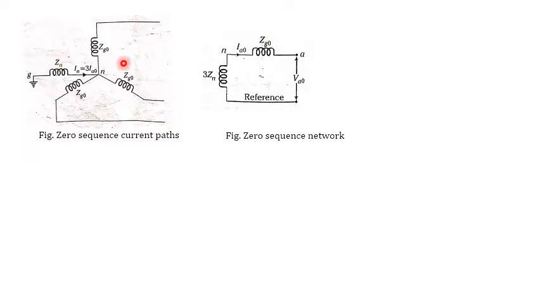To show this on a single phase network, we write Z0 is equal to 3 times Zn plus Zg0, and we understood why it is 3: because there is no phase shift, meaning the angle between Ia, Ib and Ic is zero for the zero sequence. For this voltage drop, we can write the terminal voltage V0 is equal to minus I0 Z0. We can observe here Z0 is nothing but 3 Zn plus Zg0.